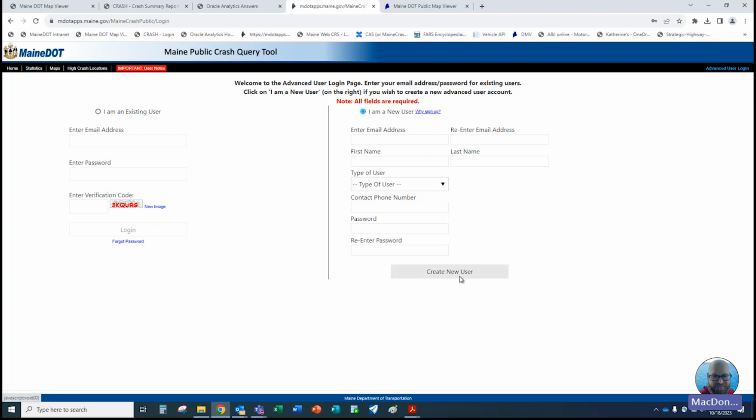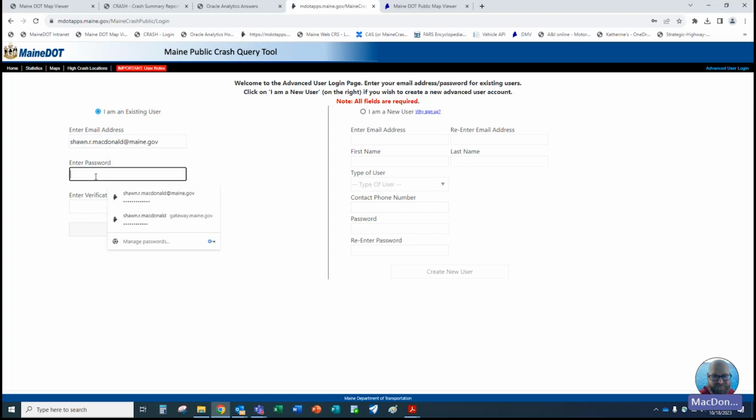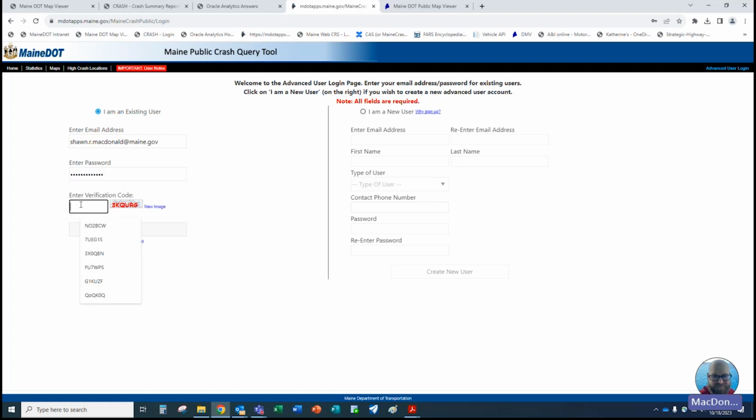So once you get all your information in there, you'll create a new user. At that point, you would have access to the basic user options. At that point, I would get an email, or you could contact me if you haven't seen that you've had the advanced user options. At that point, I can update your account. I'm going to log myself in right now so that we have all of the options available to us. And here's a good thing I always like to mention too, this verification code thing here. I always like to make sure that I have one that I can actually read before I get started with this thing, because if you log in incorrectly too many times, it will lock you out.